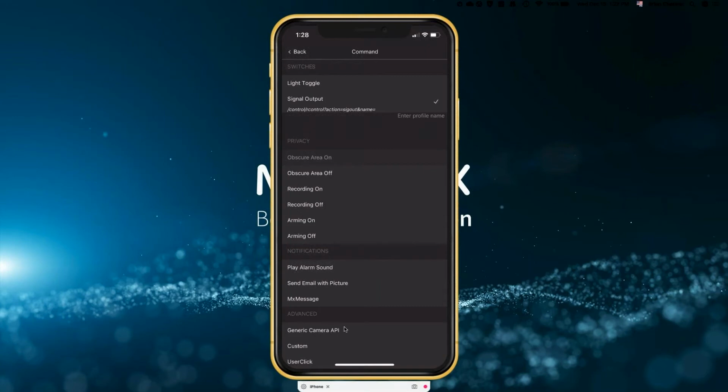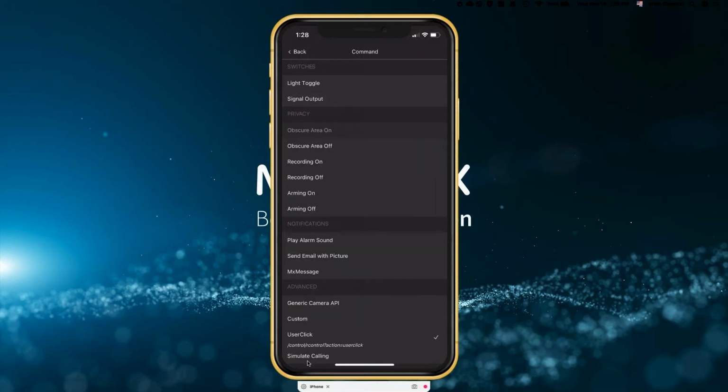Yeah, user click. That's if you want to do different things just from the click of the button.